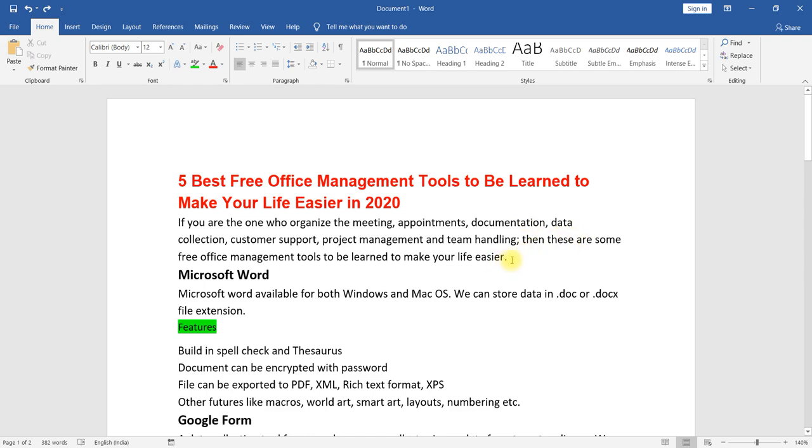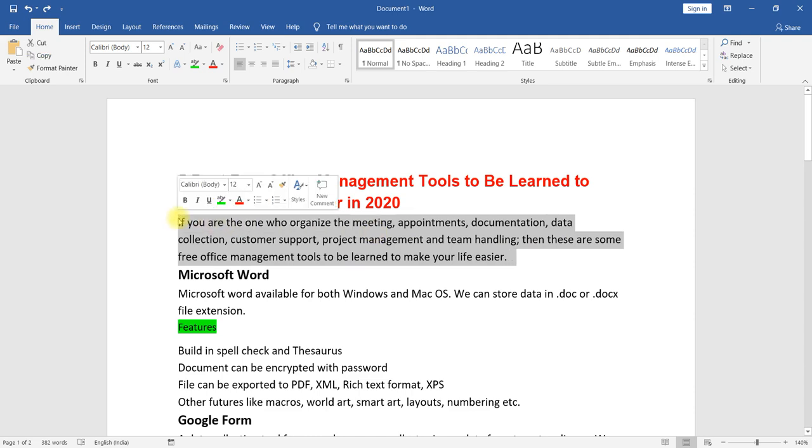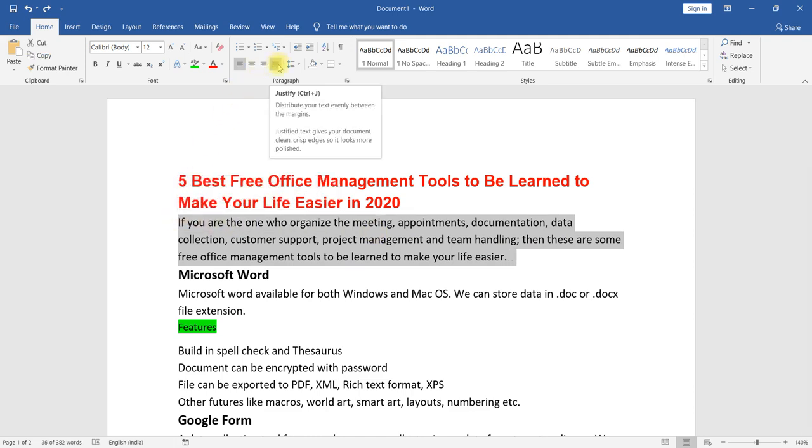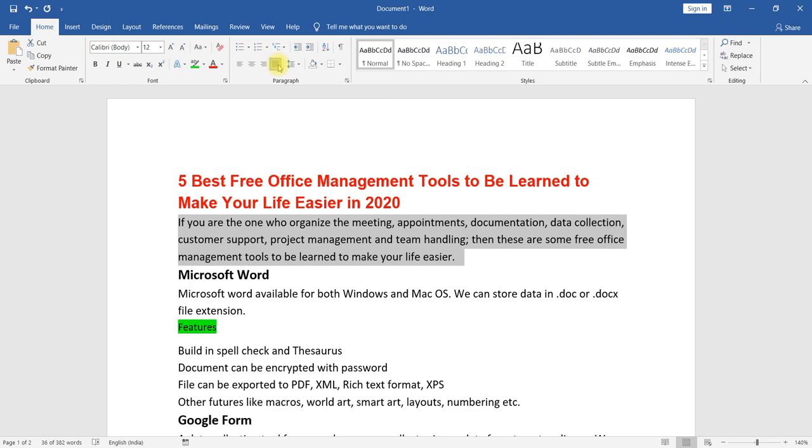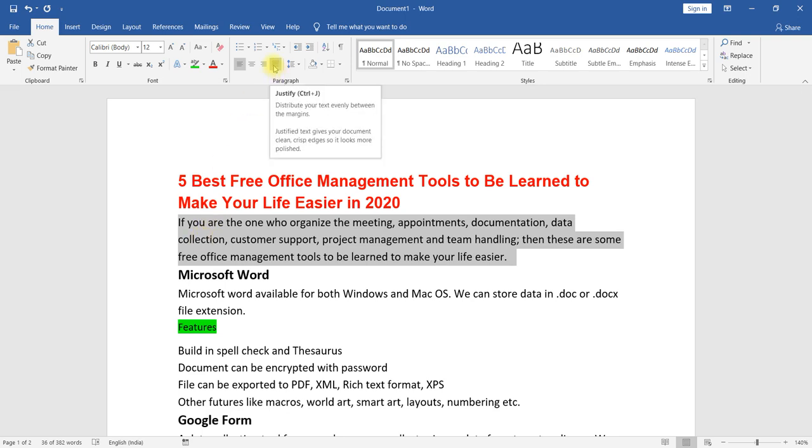To do that, we have to select that particular paragraph and say justified here. You can observe how it will work. Justified: all lines are adjusted to the left as well as the right side margin, so they will be of equal length. If you select left alignment, all sentences are aligned to the left-hand side of the margin, but the right-hand side will be blank. If a word will not be able to fit in that particular space, it will be taken to the next line itself. To avoid that, we will be using justify.